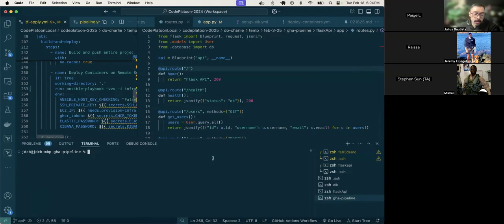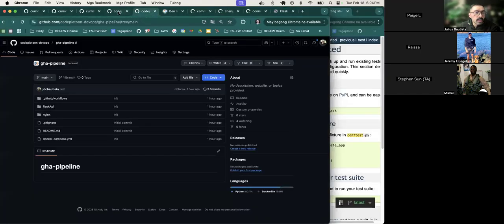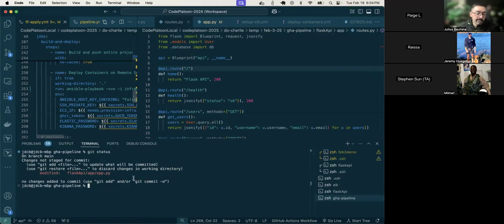Okay, so if you mean like that starting point that we provided, yep, that's exactly what I have here, right? This is that same repo that we just looked at. I didn't clone it down because I created it locally and then pushed it up, but we could pretend that I cloned it down because it's the exact same starting point. So one of the first things we could do